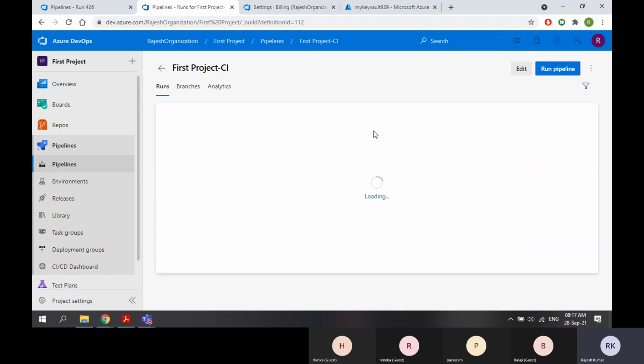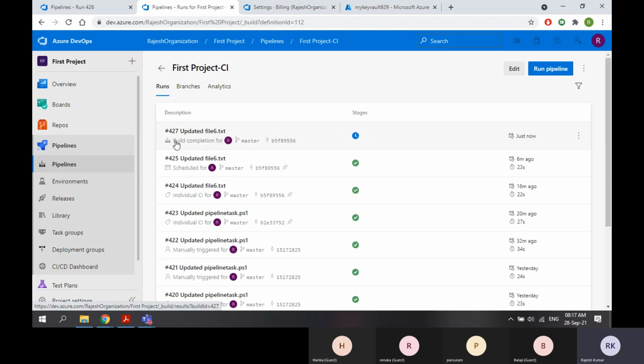So now if I click on this, see, it says build completion. So manual trigger, CI trigger, schedule trigger, build completion. So literally there are 4 triggers, right? That's why whenever you get an interview question, answer them with 4, not with 3. Then he will ask you why there are 4, there should be 3, right? Yeah, 3 are automated. But if you want to trigger manually, that is also considered a trigger, right? You are triggering it manually.